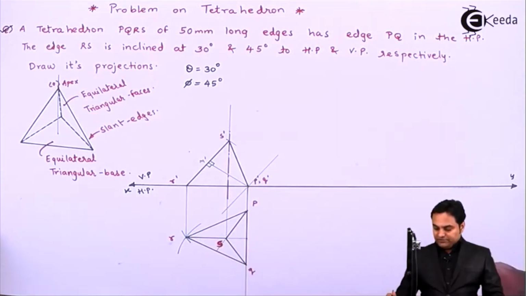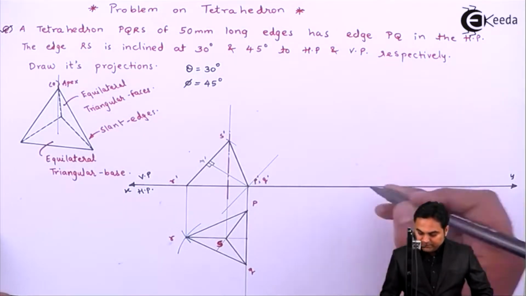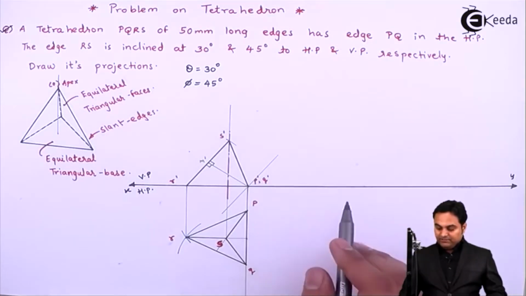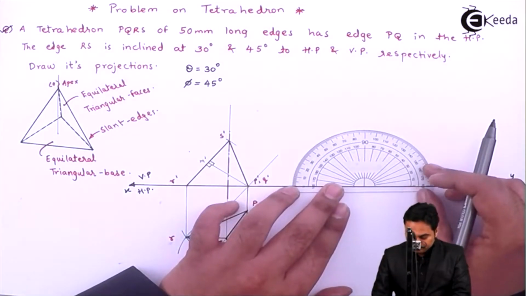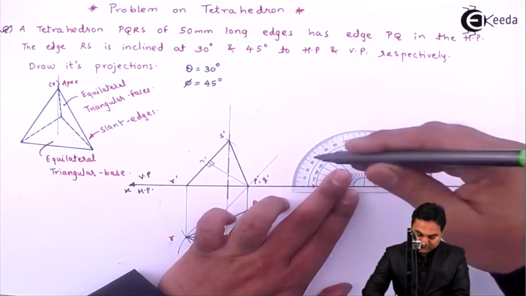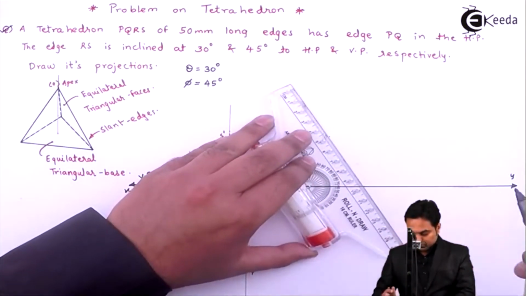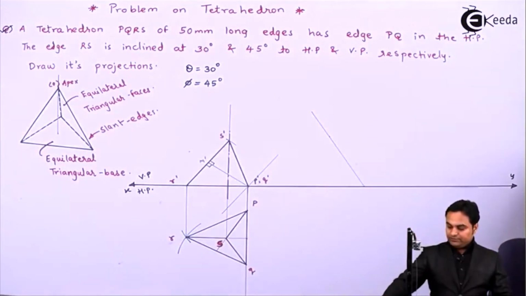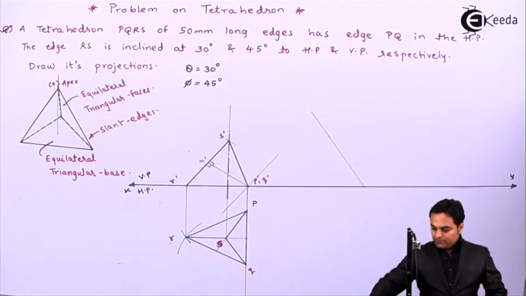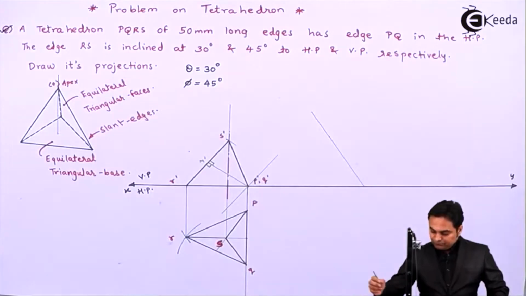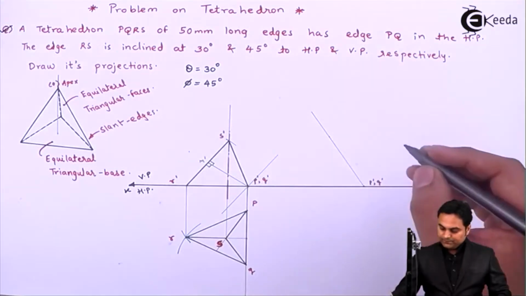So to plot it, first I'll take a point and from that I'll measure 60 degree, that is first I will be drawing this line. So measuring 60 degree, drawing a light line through it. Now when RS is inclined, it will turn about P dash Q dash. So here I'll say that this is point P dash Q dash.